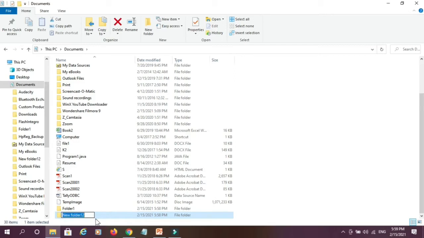So this is the method to create and rename folder. There's one more method. Just double click on the folder name and you can rename your folder 1, 2, 3 and press enter. So in this way our folder can be created and renamed.